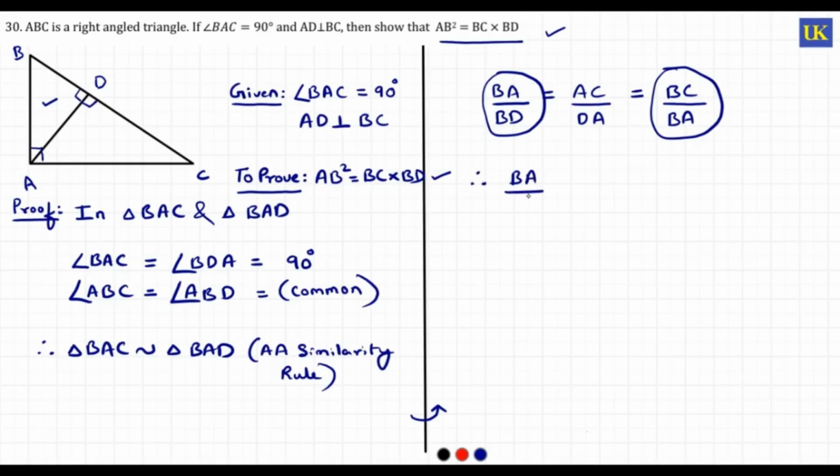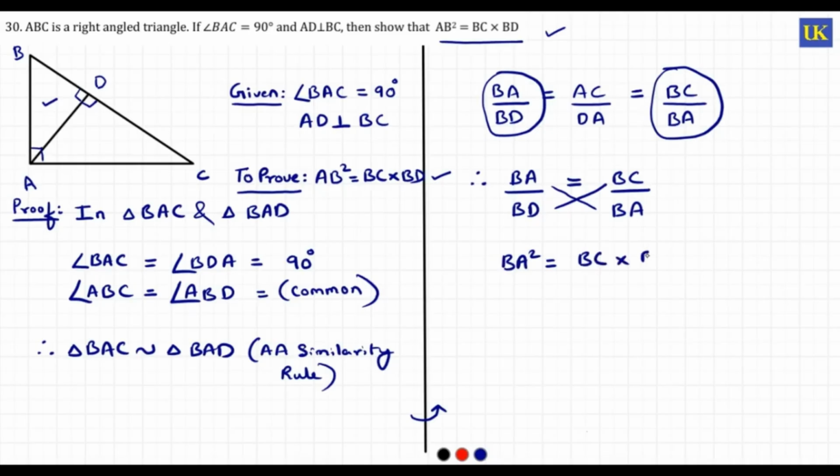BA upon BD equal to BC upon BA. Now we will cross multiply these things. Once we cross multiply, what we will get is BA square is equal to